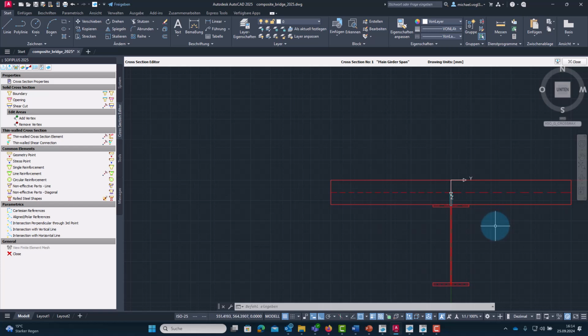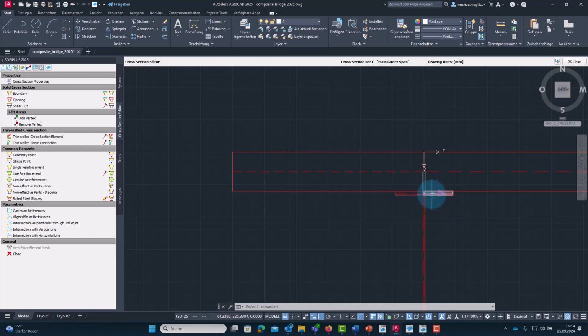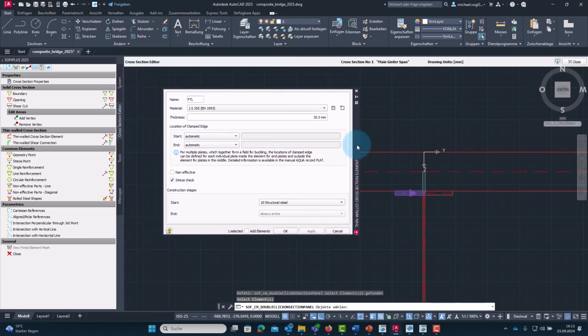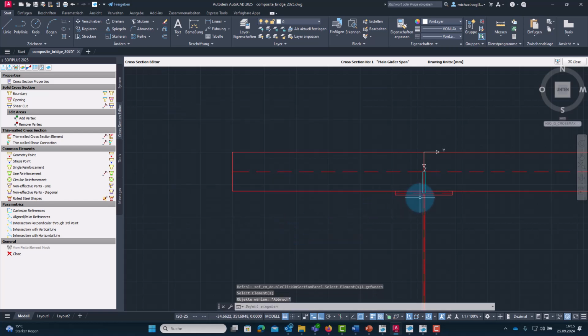A topic that we have not treated until now, also concerning the connection between structural steel and concrete, is that the top flange of the steel section is usually not prone to local buckling, as it is connected via headstock anchors to the concrete, and therefore we want to deactivate the C2T checks for these elements, and we can do this here by setting the boundary conditions for the C2T checks as deactivated. So we do this for the left top flange element and for the right one.